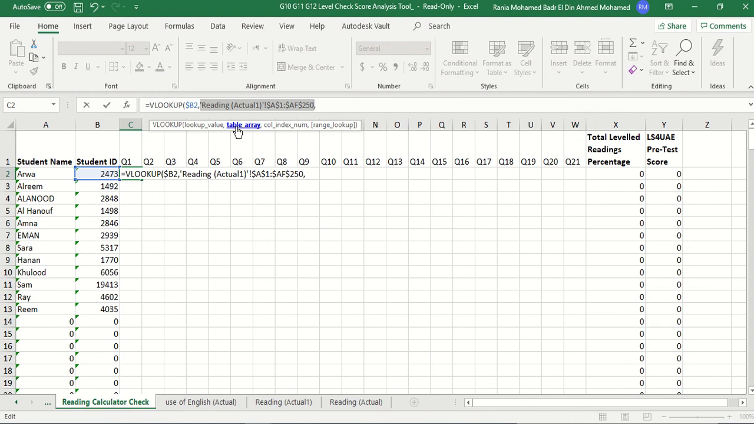So here, when I pressed F4, what did it do? It made each part of the formula an absolute reference. So it added the $ sign before the letter and before the number of each reference. Okay, so then we need the column index number, and the column index number in this case will be